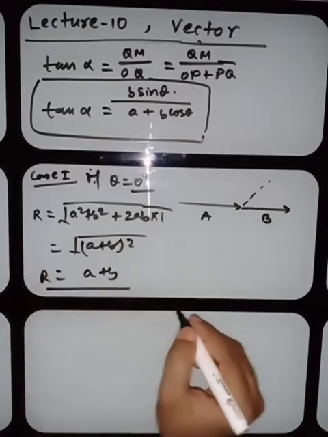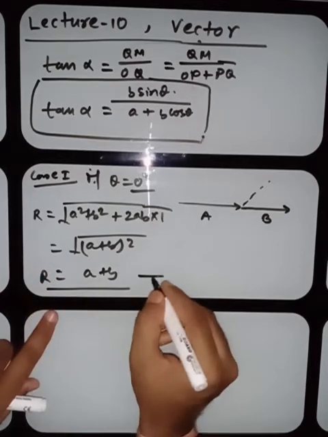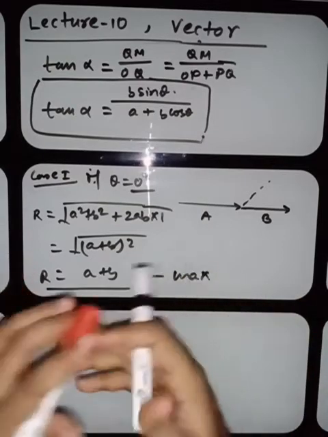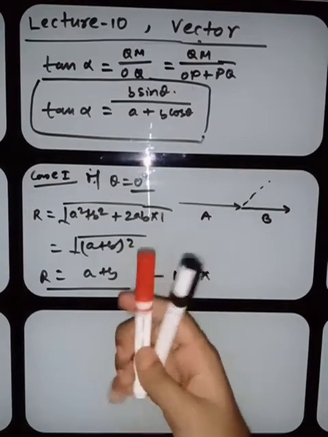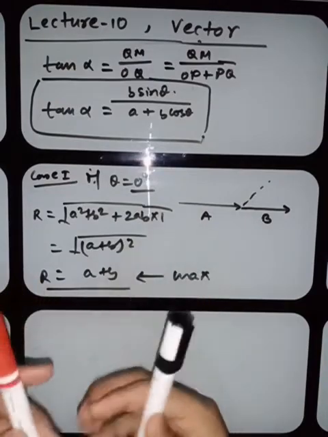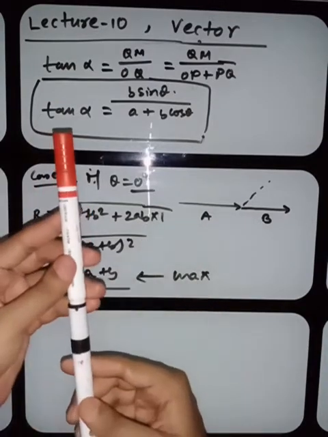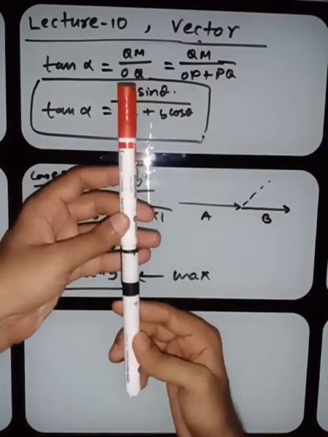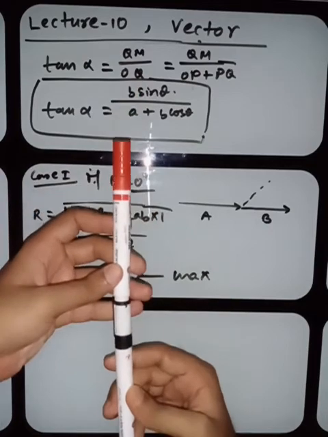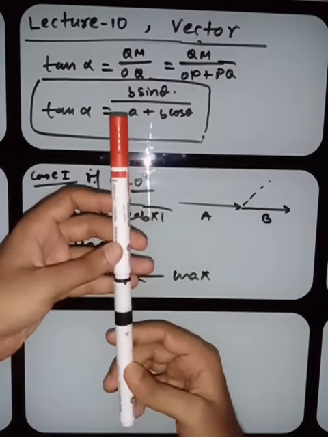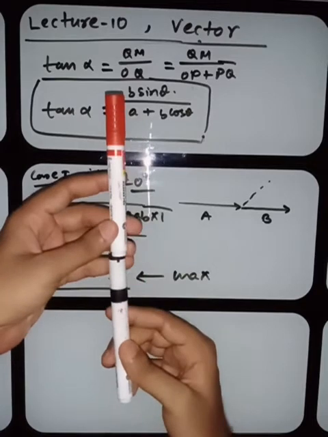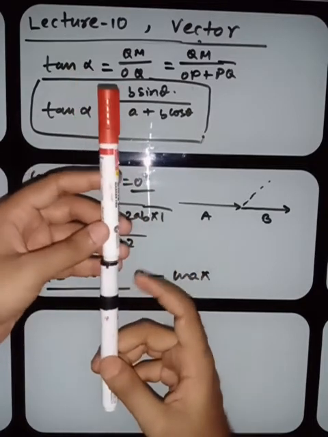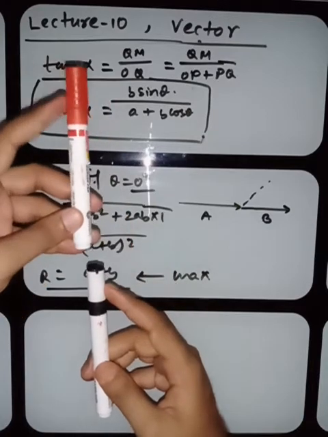So you can see the resultant, and remember this is the maximum resultant. This is quite obvious, my dear friends. If you have two pens like this, in what manner will you get the maximum length using these two pens? Simply this way. You can simply add these two pens in this way to get the maximum. Now if you add these two pens in this way, with this the head and this the head of the two pens,